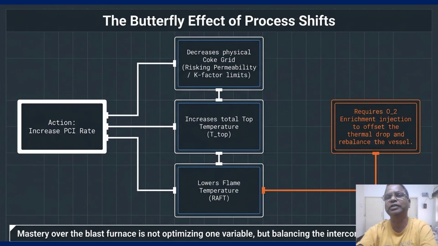So mastery over the blast furnace is not about optimizing one single variable. It's about balancing all the above that we have discussed, which are interconnected and which give a cascade effect. So use the yardstick we have discussed today to predict these ripples before they become waves and before